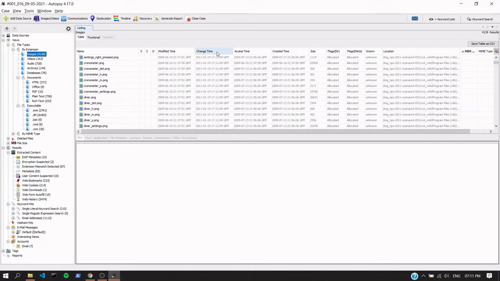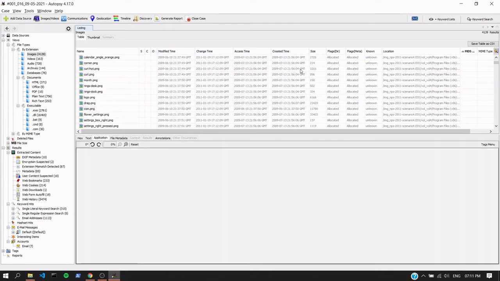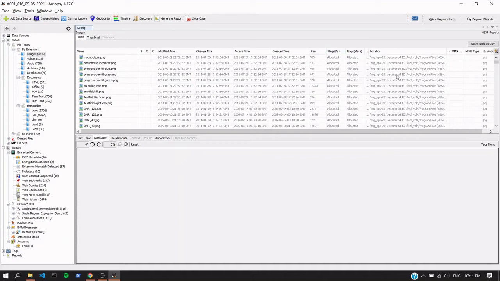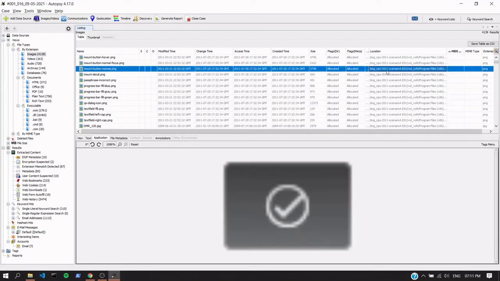It contains information about modified time, change time, and created time, where the image was created, and the location where it's stored. One clue we can see here is that the image location is image.nps0, which is the name of the image we used.